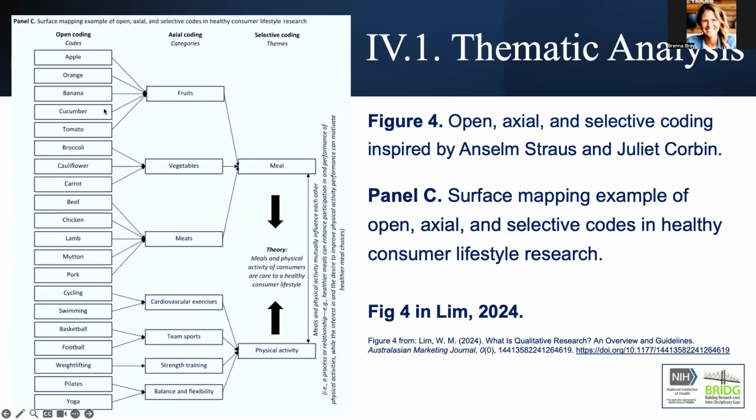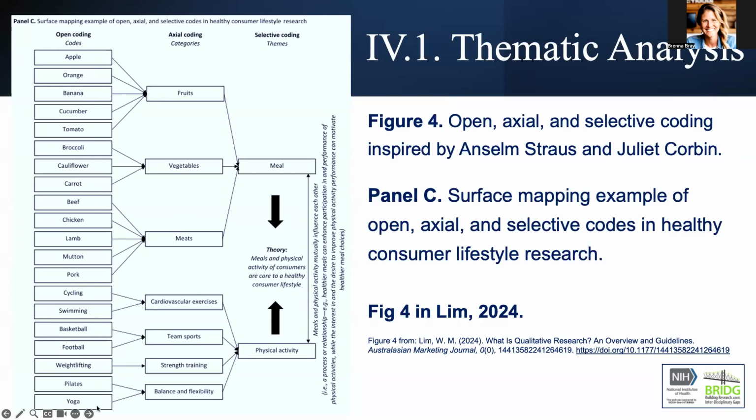And here's a more detailed example, again, from Lim's 2024 text. This shows a surface mapping example of open, axial, and selective codes in healthy consumer lifestyle research. So let's say they're going through whatever sources they're using to collect their data, maybe interview data or reports, whatever it is, and they're starting to identify these codes that they associate with healthy consumer lifestyle research. So we've got apple, orange, banana, cucumber, tomato, broccoli, cauliflower, carrot, beef, chicken, lamb, mutton, pork, cycling, swimming, basketball, football,